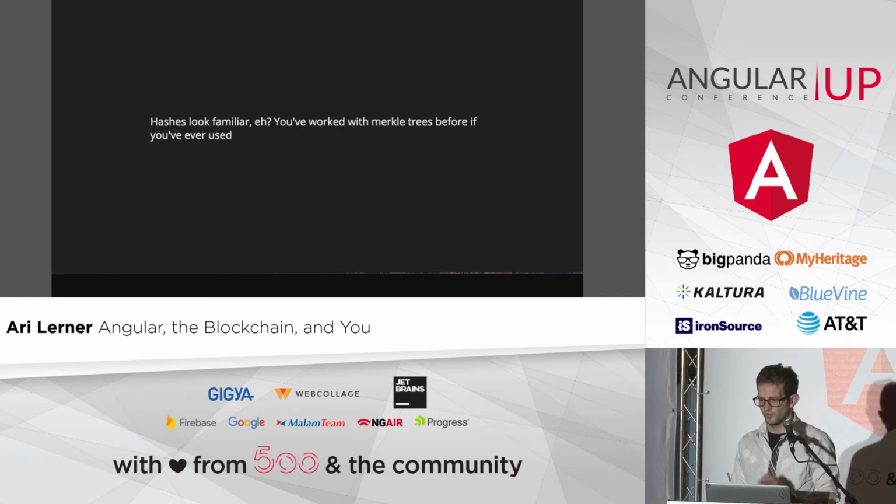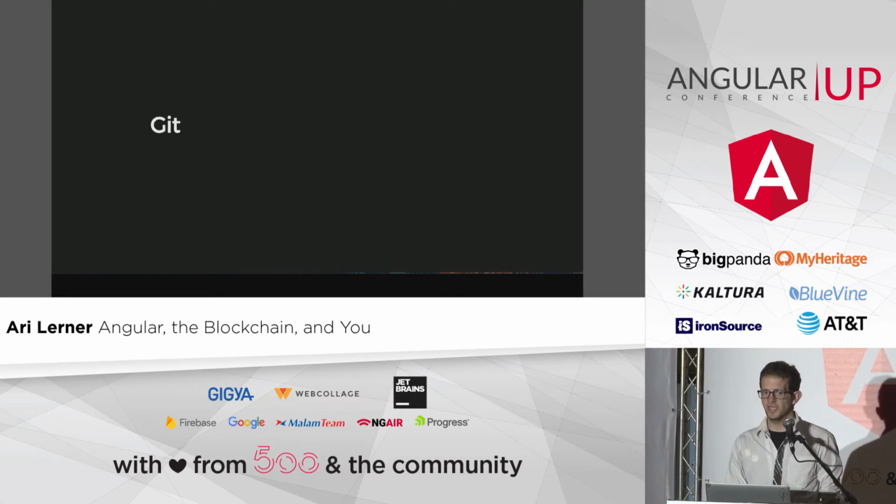So if you've used Git, you've worked with this thing called Merkle Trees. The reason why we use hashes in the first place is so that we can